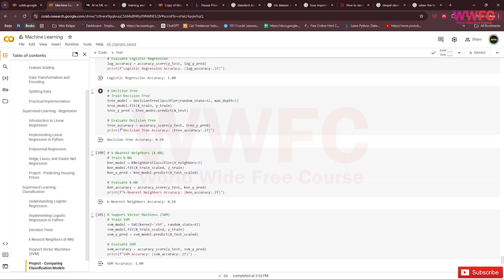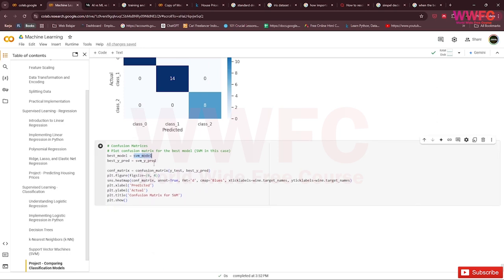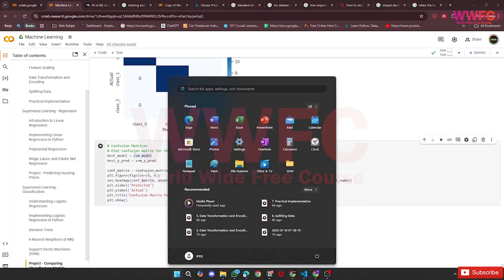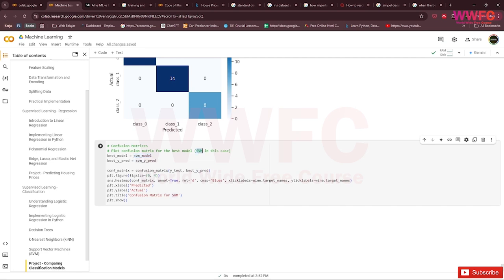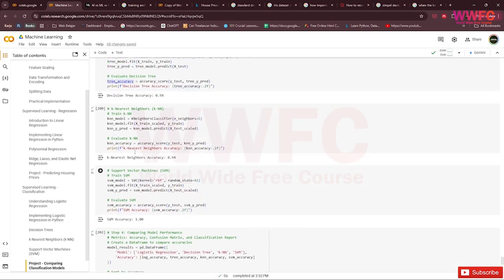For the decision tree, there is the tree accuracy and the tree model. Here, this is the best model, SVM in this case, so maybe we want to use the tree approximation for the tree model.